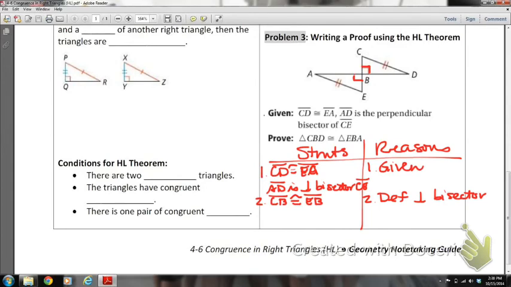So CB is congruent, if you want to mark that in your diagram, to BE. And since we do have right triangles, by definition of a right triangle, let's make a statement out of that. We can state that triangle CBD and triangle EAB are right triangles. And that's by the definition of a right triangle. And then our fourth and last statement, we can state that these two triangles are congruent